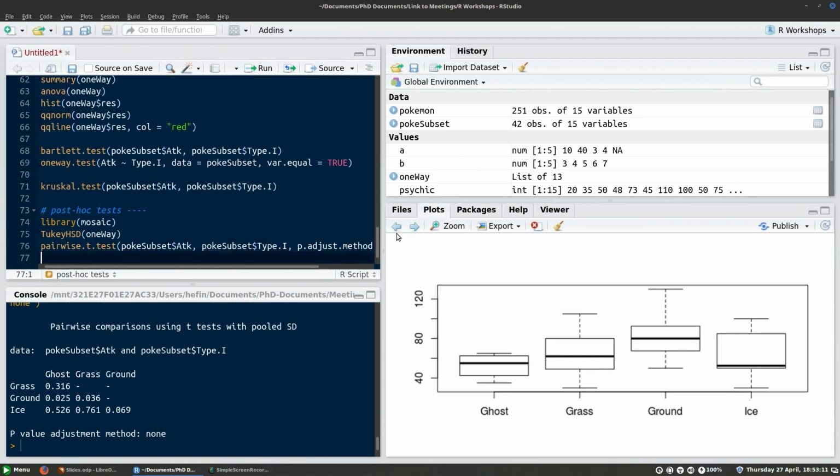Hit Control Enter. And so what this has done is it's just performed t-tests between every pairwise comparison, and it hasn't adjusted the p-value. So you wouldn't report these p-values because of type 1 error inflation. You usually correct the p-value by Bonferroni or something like that. But what you can do is, say we are